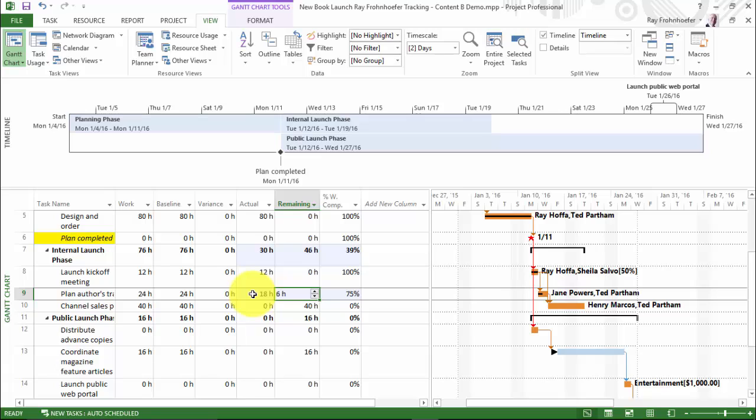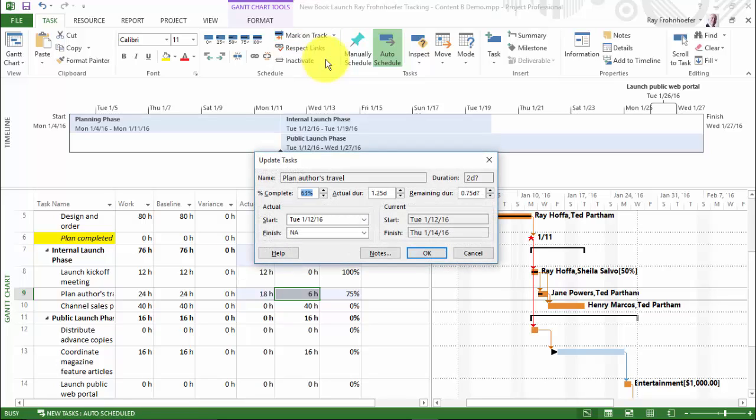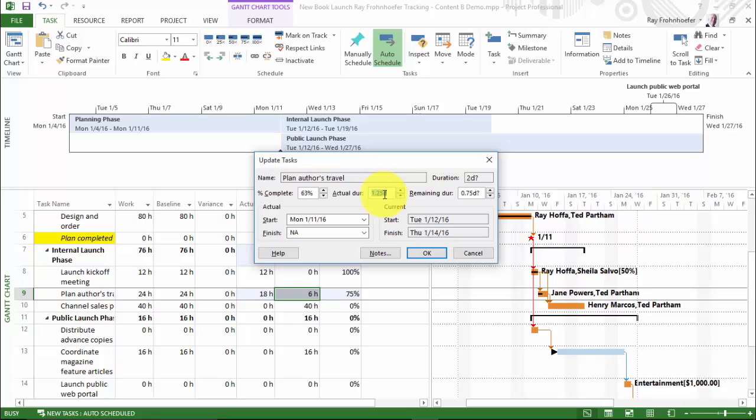Now we want to look at some other deviations. So what we're going to do is use Mark on Track from the Task tab, Update Tasks, and we're going to say that plan authors travel started actually 1 day earlier. So instead of starting on this Tuesday, it will start on Monday. And that's the 11th of 2016. And now we're going to make the actual duration 2 days. And when we click OK,